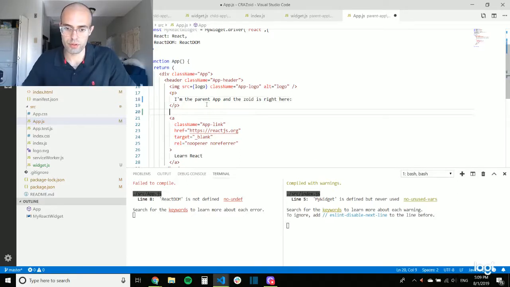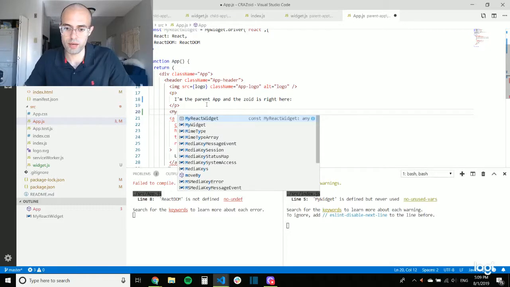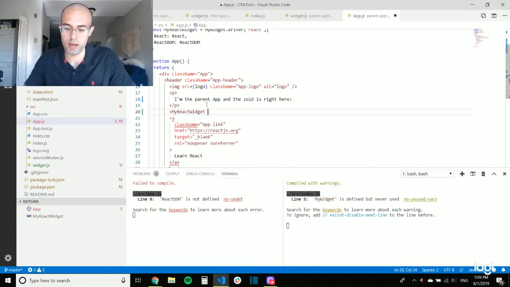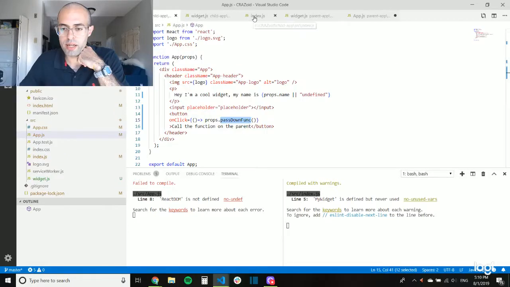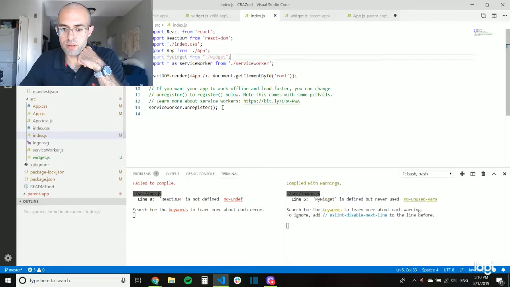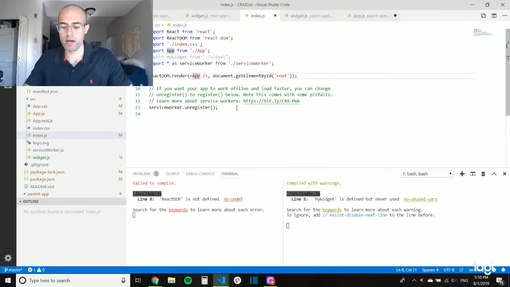And then what we're going to do is add a My React widget. And remember, we have the two props. Oh, I forgot, there's one more thing that has to be done. You go to index.js in the child, right? And instead of rendering just the app, you actually have to render